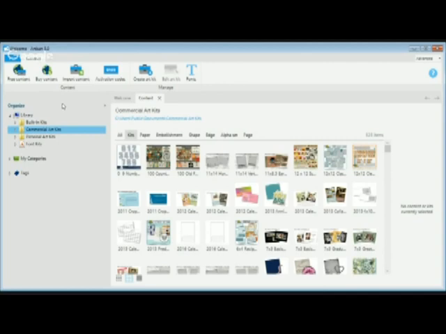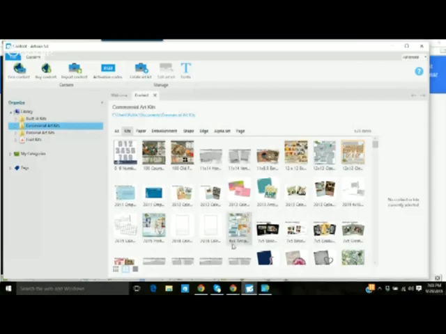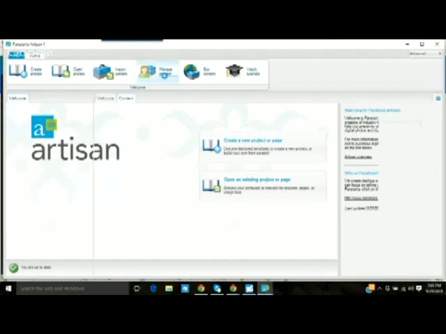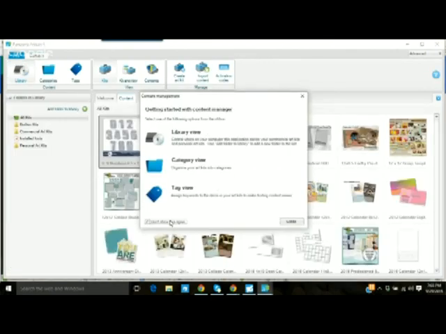But as you'll notice, this is a little bit different than Artisan 4. Let me show you Artisan 4. Hold on, I want to make sure this actually shows. So let me adjust my screen sharing here. No, I need screen sharing, not me. Okay, we're going to just show the entire screen. Here we go. Okay, so this is Artisan 5, but this is Artisan 4, and when you looked at your managed content in 4,